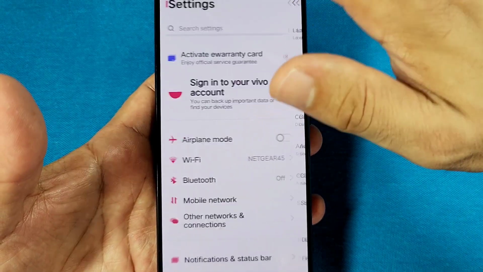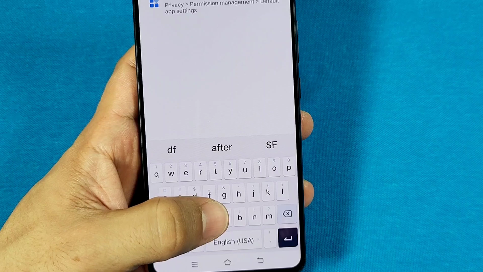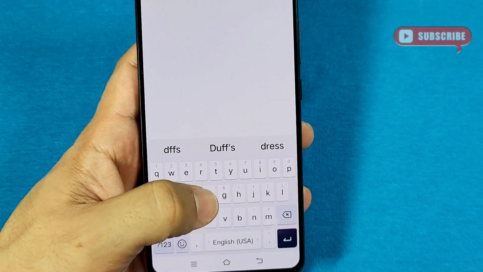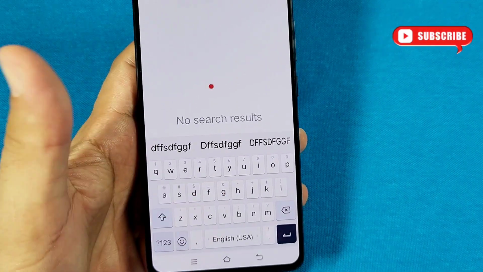So I'll show you that again. And when we're typing here, you'll see that there's going to be a pop-up on key press. So if you've been looking for that for this keyboard in particular, that's where you would go to enable it. Like I said,